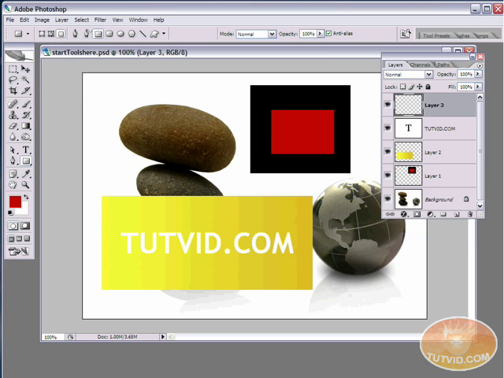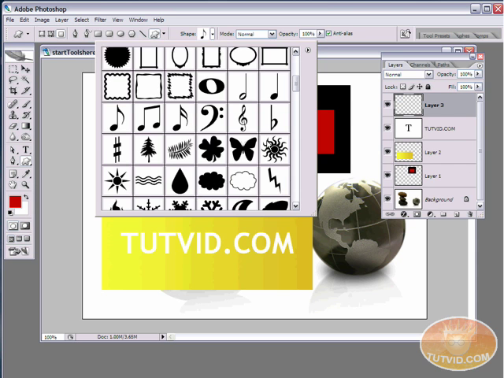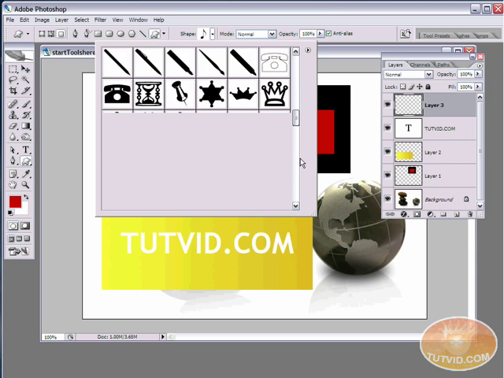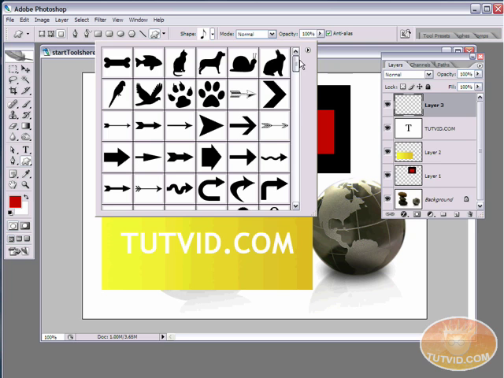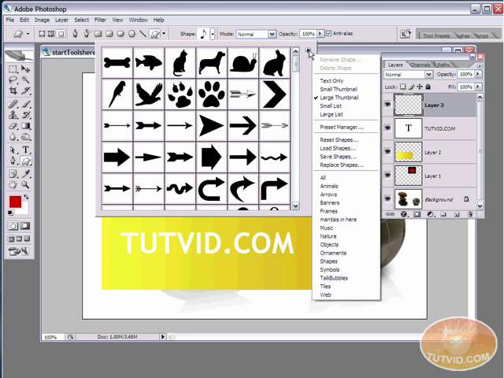But you're not just limited to rectangles and rounded rectangles. There also is the custom shape tool, and the custom shape tool has this whole library of different shapes that you can access here, and these are all default shapes in Photoshop. If you have Photoshop, you have these shapes, and you can access them by clicking this little arrow here in the top right hand corner of your custom shapes drop down box here. And down here at the bottom, you have all of these